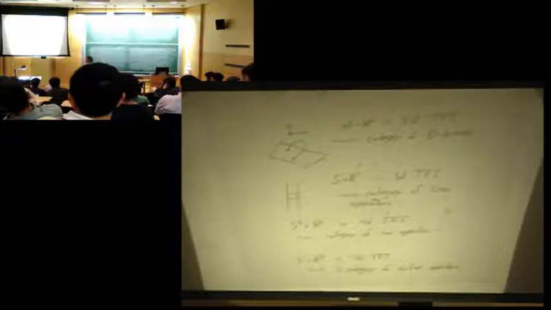Another example of a category in codimension 2, which is also the subject of Dan Fried's talks, was the line operators, the Wilson loop operators, for example, in Chern-Simons theory. That's a category that we can think of as attached to the circle in a three-dimensional topological field theory. Similarly, if you look at line operators in a four-dimensional topological field theory, the Wilson-'t Hooft operators, for example, in N=4 super Yang-Mills, this gives an interesting example of a category which you can think of as attached to the link of your line operator, which is a two-sphere. Or you can look at a two-category of surface operators in a four-dimensional field theory.